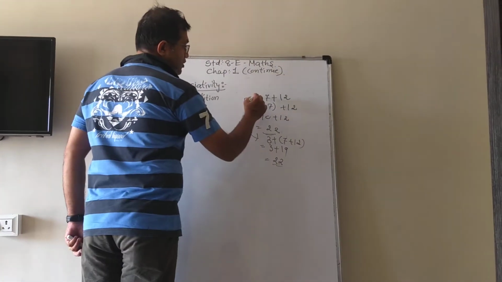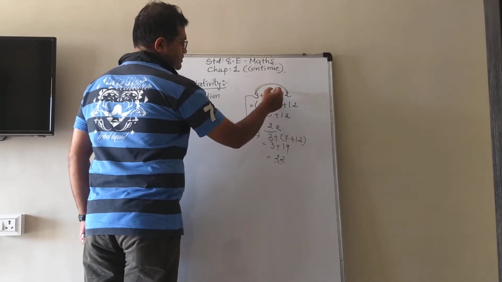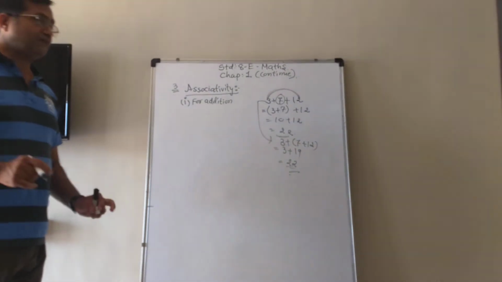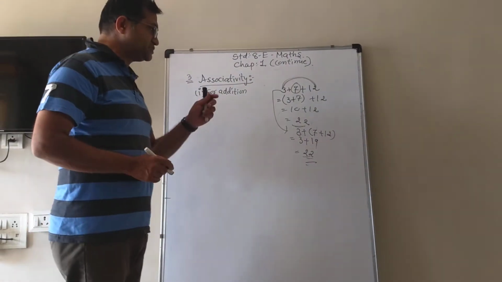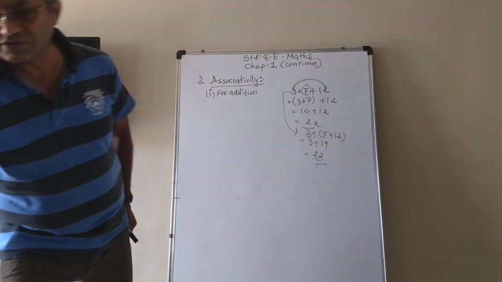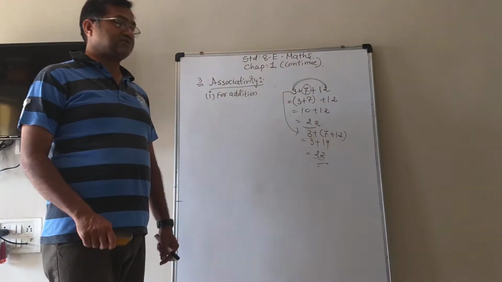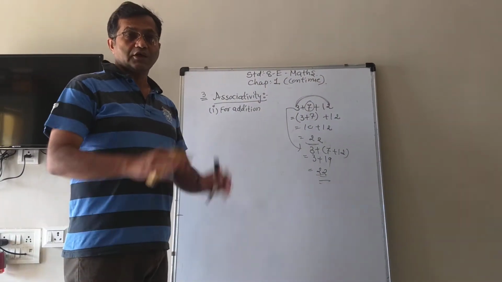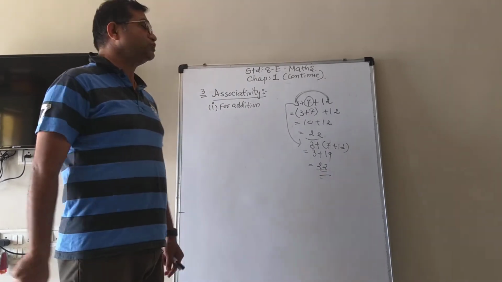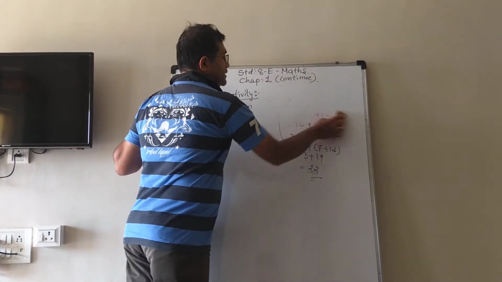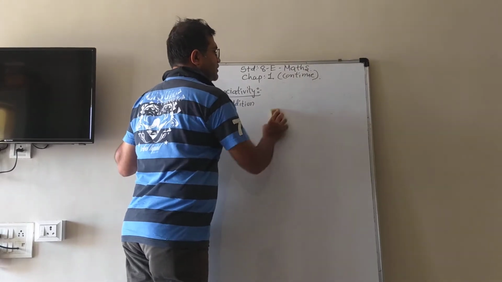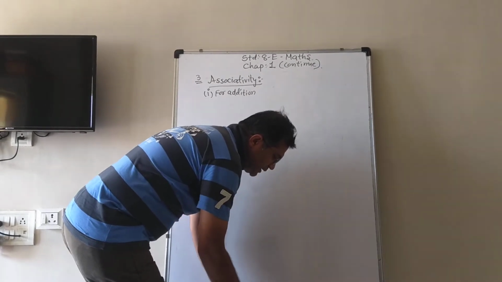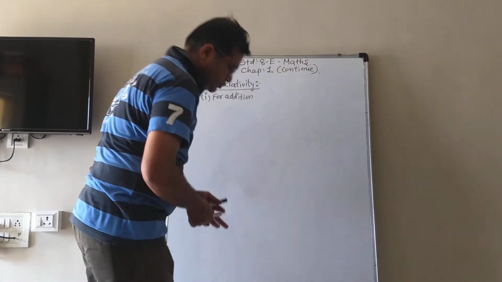There is a third one also. You can add 12 plus 3 plus 15, 15 plus 7 also you will get 22. Right? Therefore, in associativity, if you want to add three or more numbers, you can make a group of any two numbers and add. So that same thing is here for the rational numbers also. It means that our rational numbers are associative.